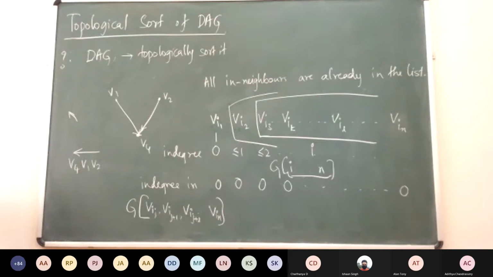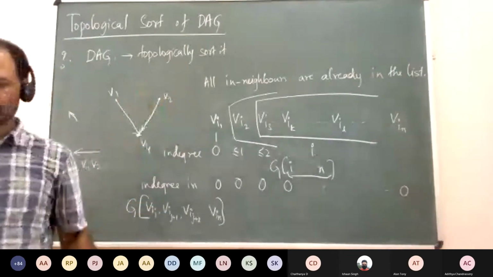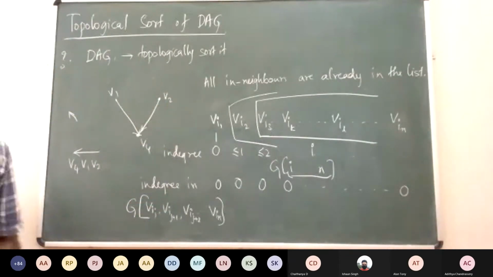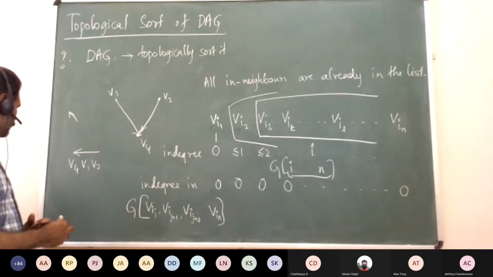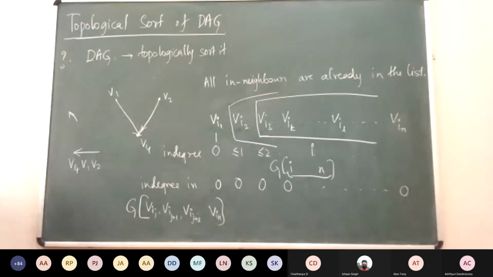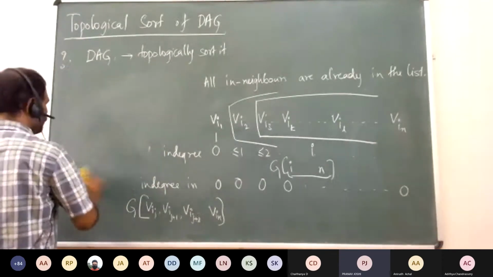Yes, sir. Okay, good. Now let us look at what Anirudh and others were saying. If you do the DFS and you order it according to finishing times, once it finishes you put it in a list and you reverse the list. So what does that mean? Basically, we are arranging the set of vertices which are reachable from a particular vertex after it in the topological sort.